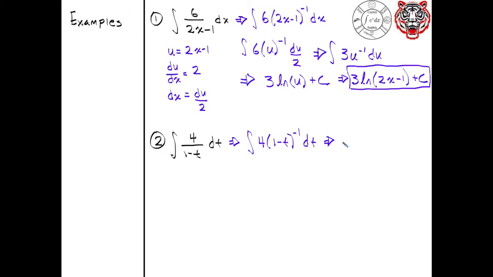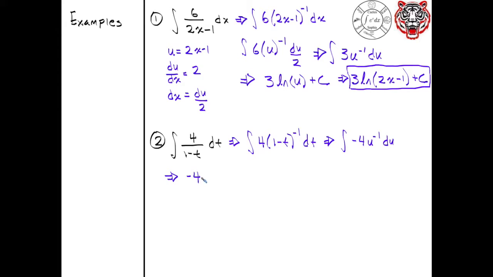This can all be turned into the integral of negative 4u to the negative 1 du. The only thing that I did there is I skipped these steps, where I solve for du over negative 1, and then I have du over negative 1, which is the same thing as negative 4 of all of that, and I still have my u substitution. That is now going to turn into